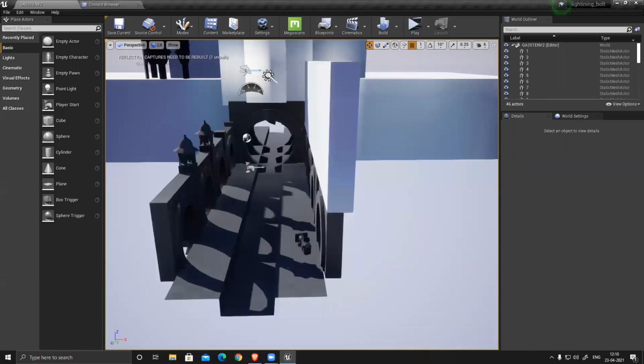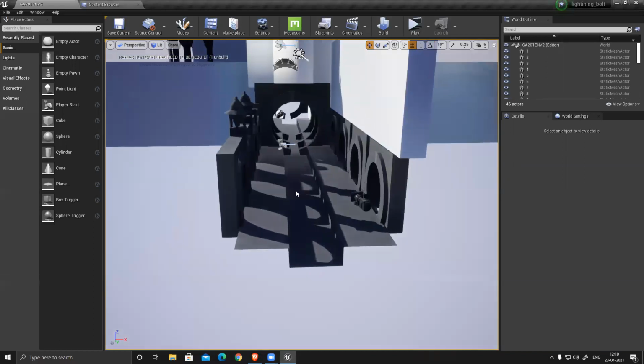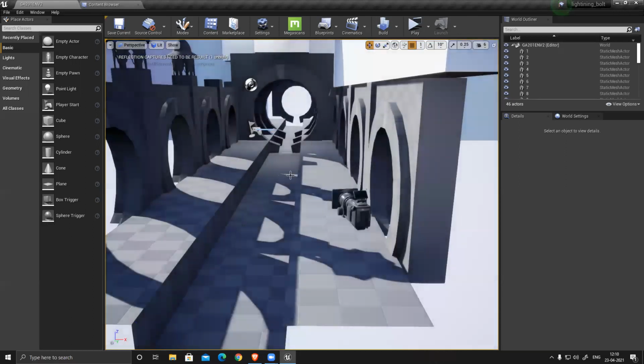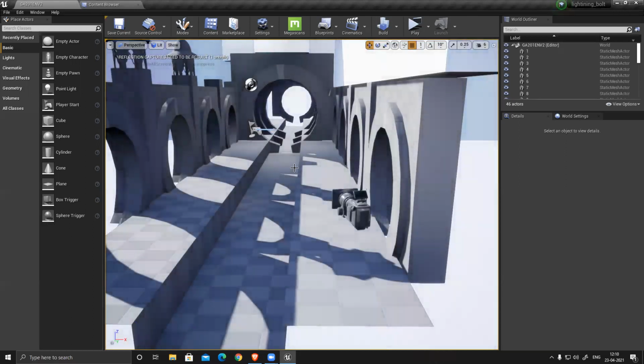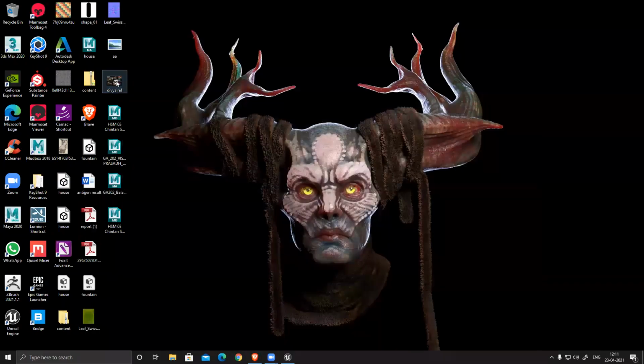So tell me, what help do you want? Sir, all the floorboards and the logs that are used to create the hut, I'm thinking a lot of it is modular, but I'm not able to divide it down. Just give me a second, I'll open that. I guess I have saved it on desktop.